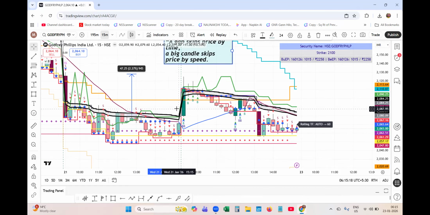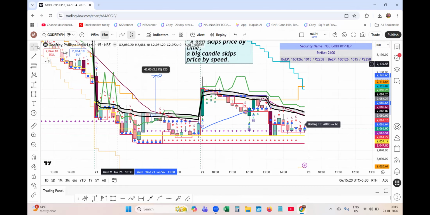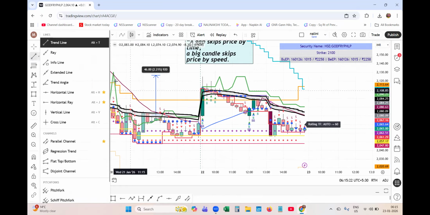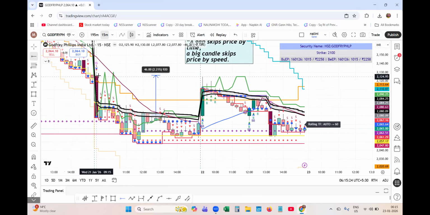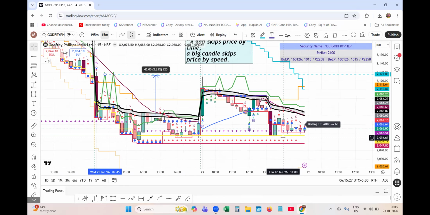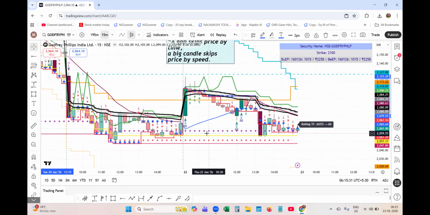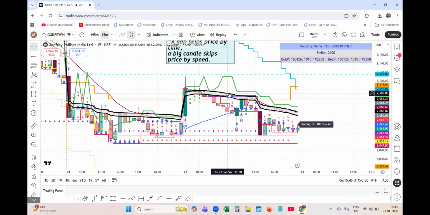It is a roller coaster ride. It happens after a huge fall. The market will show this type of behavior. Many times we try to enter into the stock or into the option. If it is in options, you could have comfortably taken a put option in this stock. So friends, with the help of market memory POC, you have understood